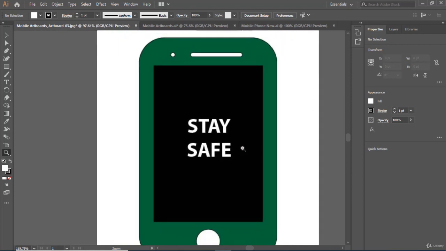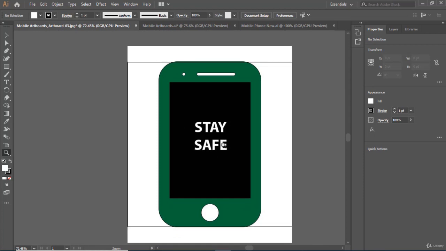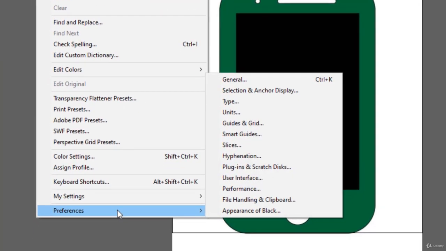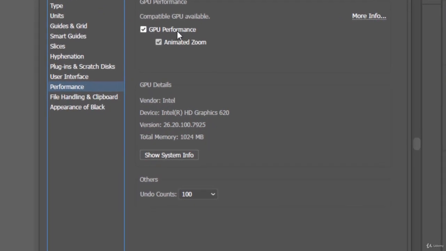Now this feature of zooming in to the right and zooming out to the left will work only if you have a GPU, a graphics processing unit, in your computer. And how can you come to know that? You can come to know that by clicking on the Edit menu, selecting Preferences, and in Preferences selecting Performance. So here, if you have the GPU and it is check marked, then you will have the feature of animated zoom. But if that feature is disabled,